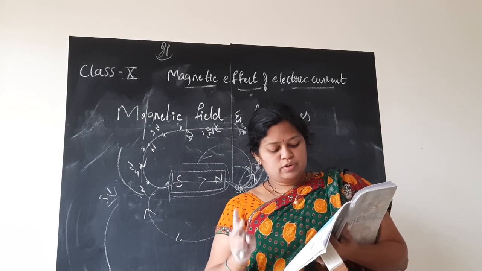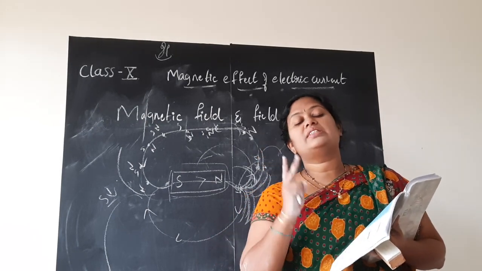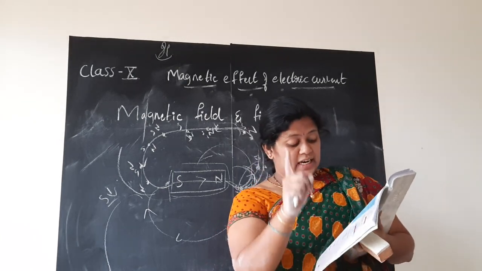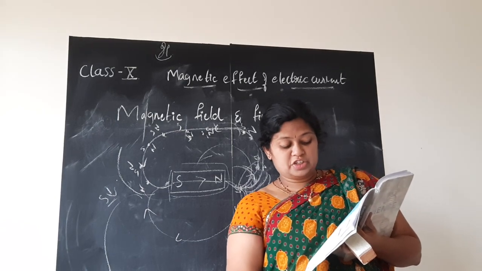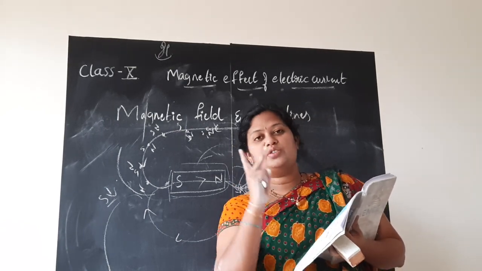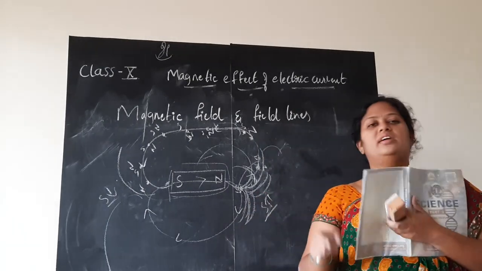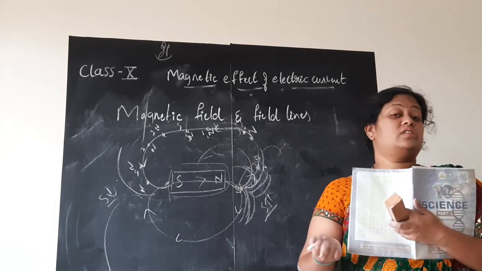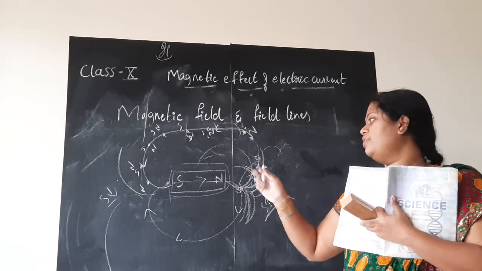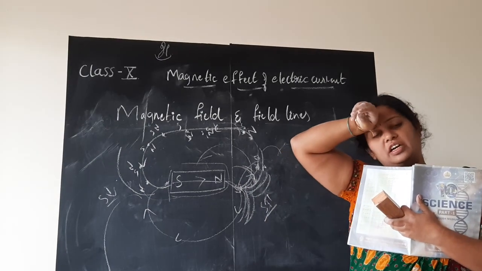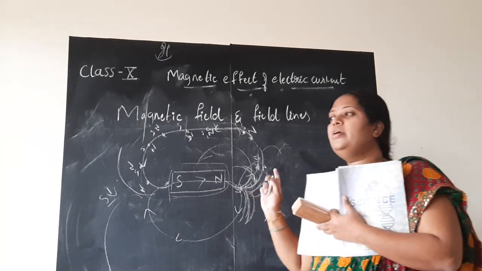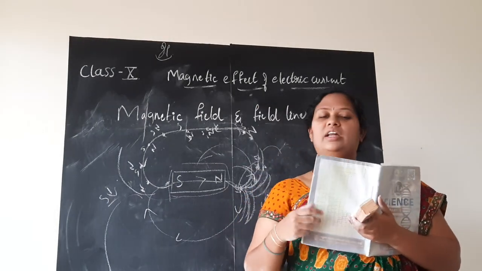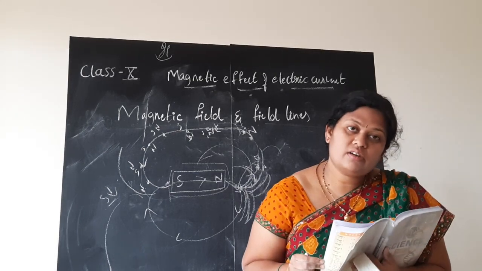No two field lines are found to cross each other. If they did, it would mean that at the point of intersection, the compass needle would point towards two directions, which is not possible. So please underline this, children. They may ask you, why do magnetic field lines never cross each other? Because if two lines are crossing each other, at the point of intersection the magnetic needle would have to show two directions at a time, which is not possible. Hence, we say that magnetic field lines never ever cross each other.